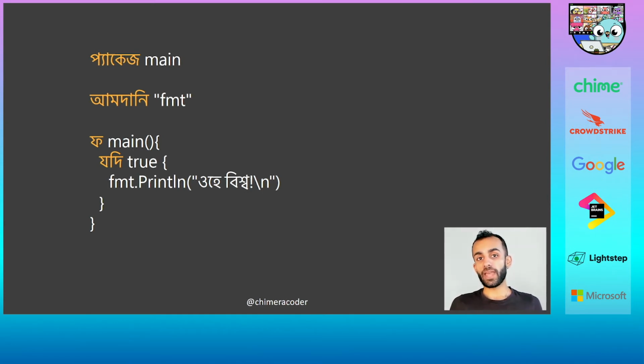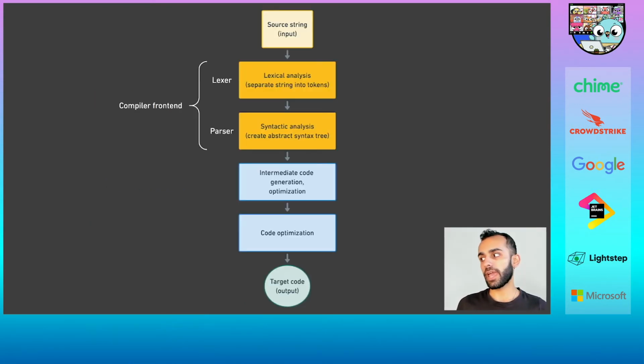So the first challenge that we have with this is that we need to get the program to run. The standard Go compiler isn't going to know what to do with these keywords if we just feed it to them. And so to understand how we get it to run, let's take a look at how a compiler is actually built. A compiler at its core is just a program that takes an input string, a sequence of bytes, and translates that to a different sequence of bytes, an output string. That input string is the program, and the output is usually a machine executable binary.